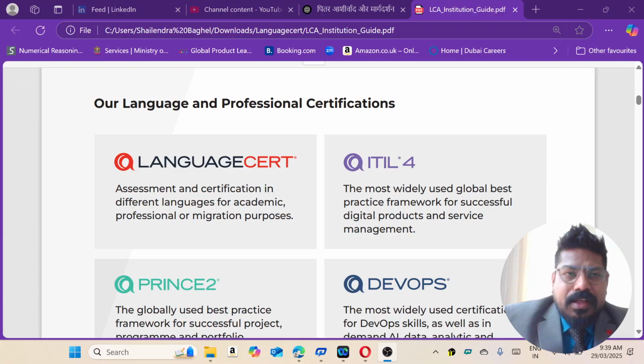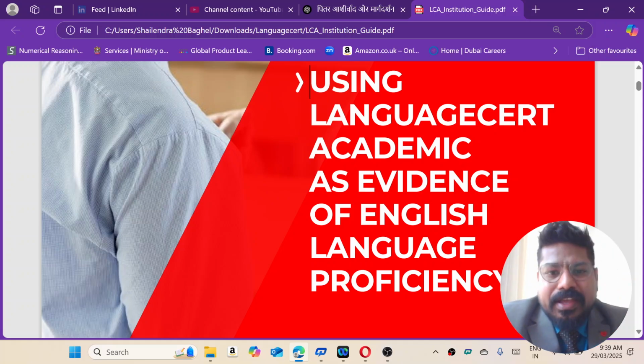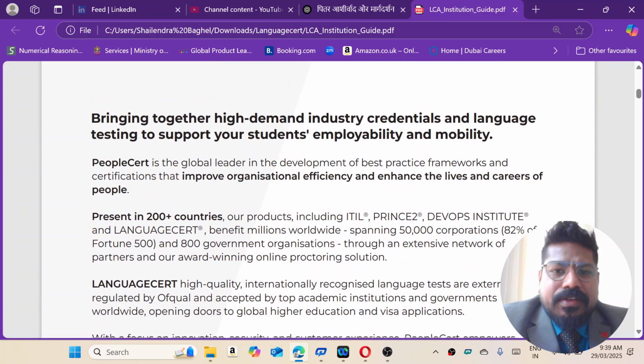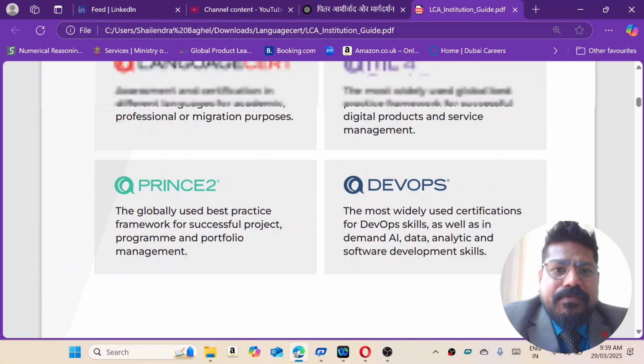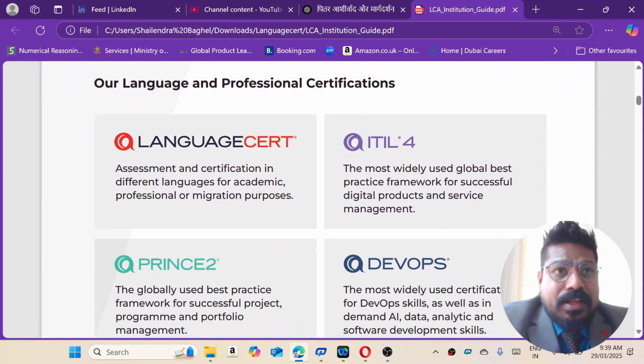So let's quickly go back to a few other important data sets that you are required to understand before going for the Language Cert examination. I'll quickly flip my screen and I'm sure you'll be able to see it. So this document is known as the Language Cert Academic as evidence of English language proficiency, the document for the institution, and it is known as the institution guide. With Language Cert,